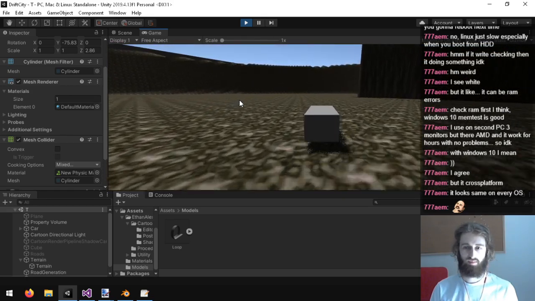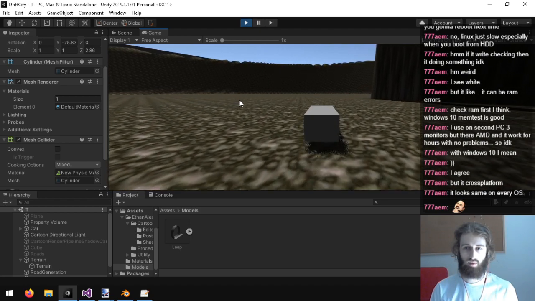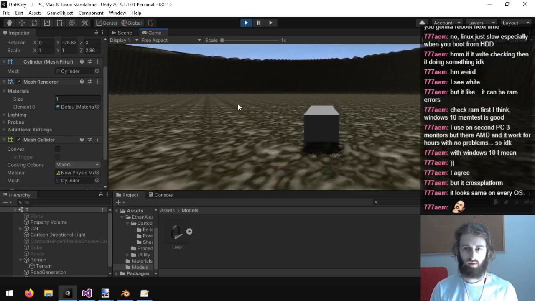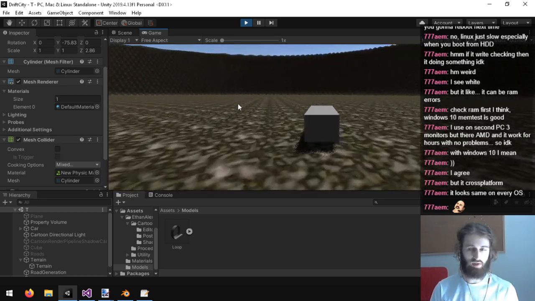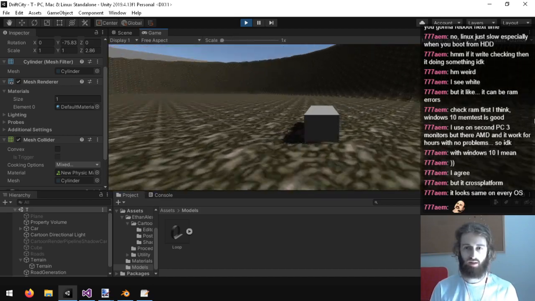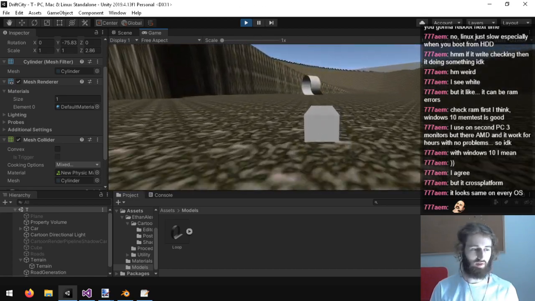Wee. So now I can't turn for whatever reason. Wait, what? Okay, I all of a sudden started turning. Was that a bug? I guess maybe that was me not being focused on the Unity window.